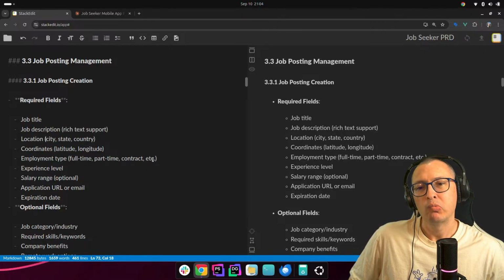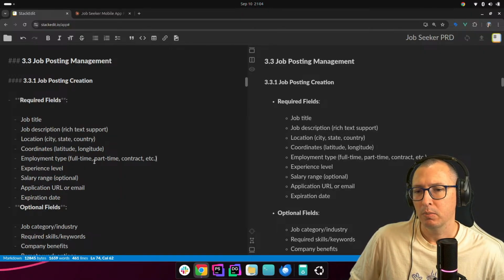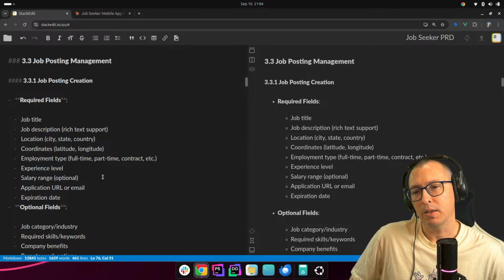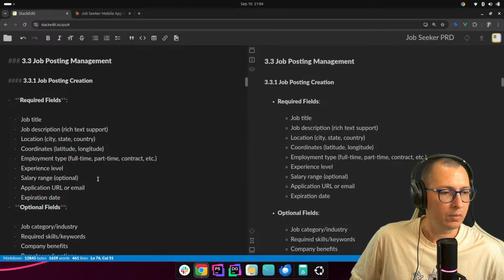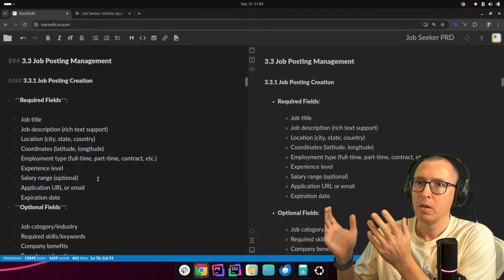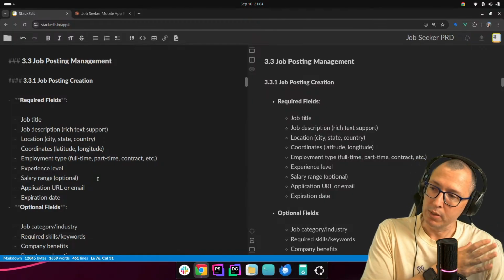Employment type. This could be batch based, so multiple values. We'll see. But yeah, employment type could be useful. Experience level. The idea is that we're not in charge of the posting itself. We're just in charge of guiding audience to a publisher who is in charge of that posting.